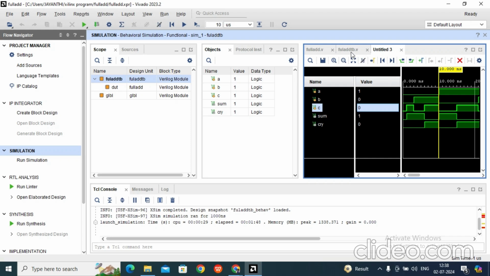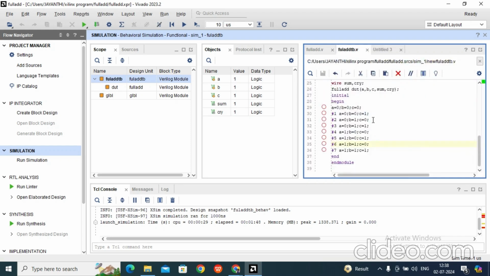How you are checking the nanosecond means you go to the test bench. If you see the test bench, for the first nanosecond, your C is equal to 1. That means A plus B plus C is equal to sum is 1, carry is 0. For 1 plus 2, at 3 nanosecond, you have to check the output. Then 3 plus 3 is at the 6th nanosecond, you have to check the fourth output. And 6 plus 4 is 10 nanosecond. 10 plus 5 is 15 nanosecond. 15 plus 6, 21 nanosecond. 21 plus 7 is 28 nanosecond. So you have to check the output like this